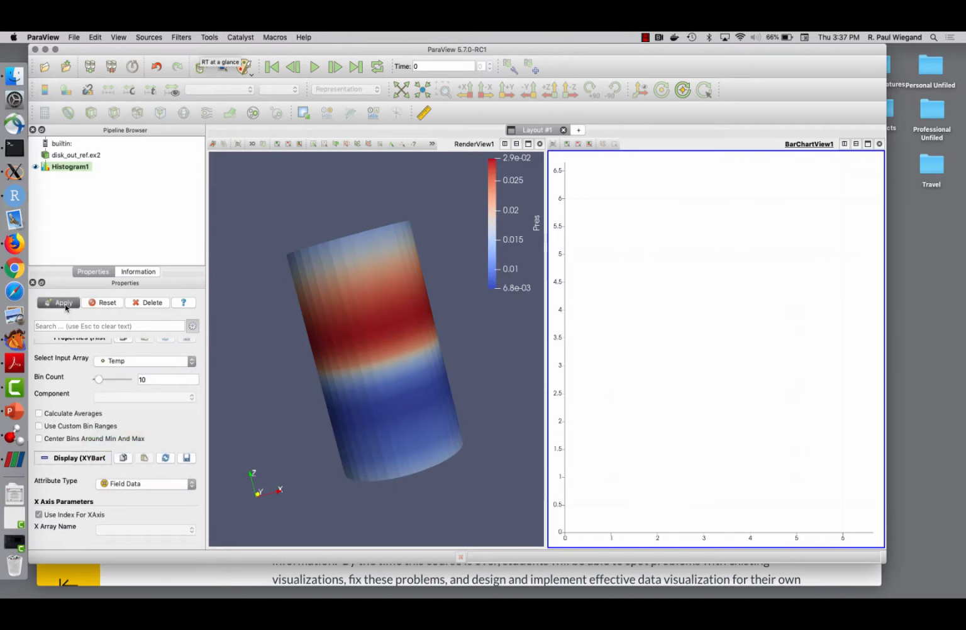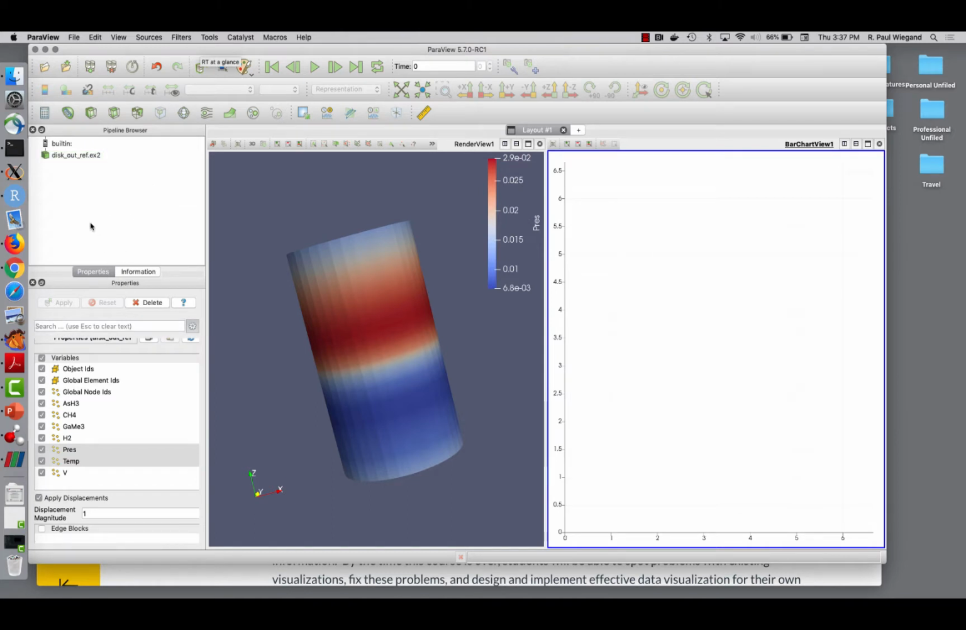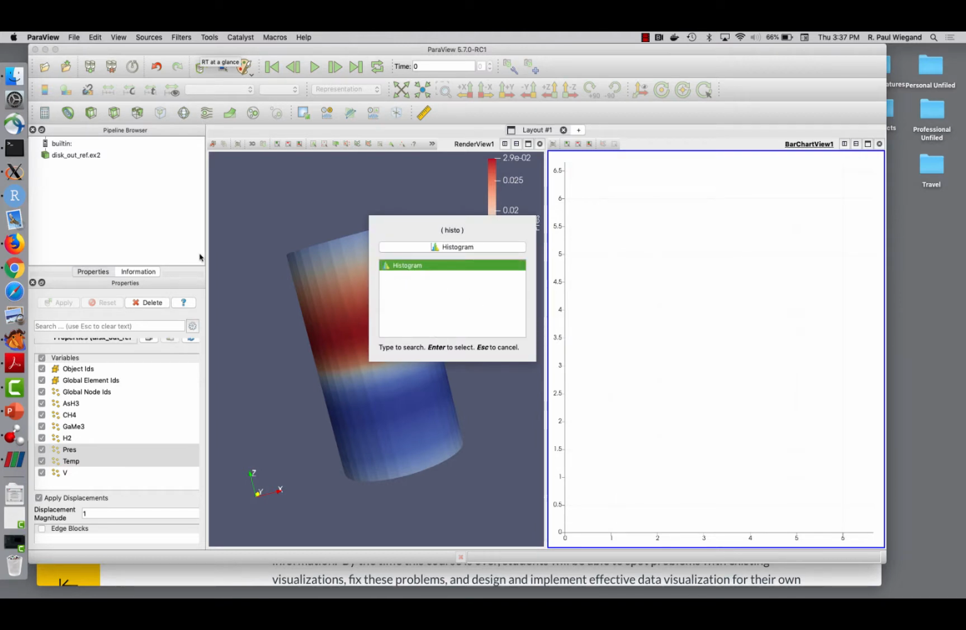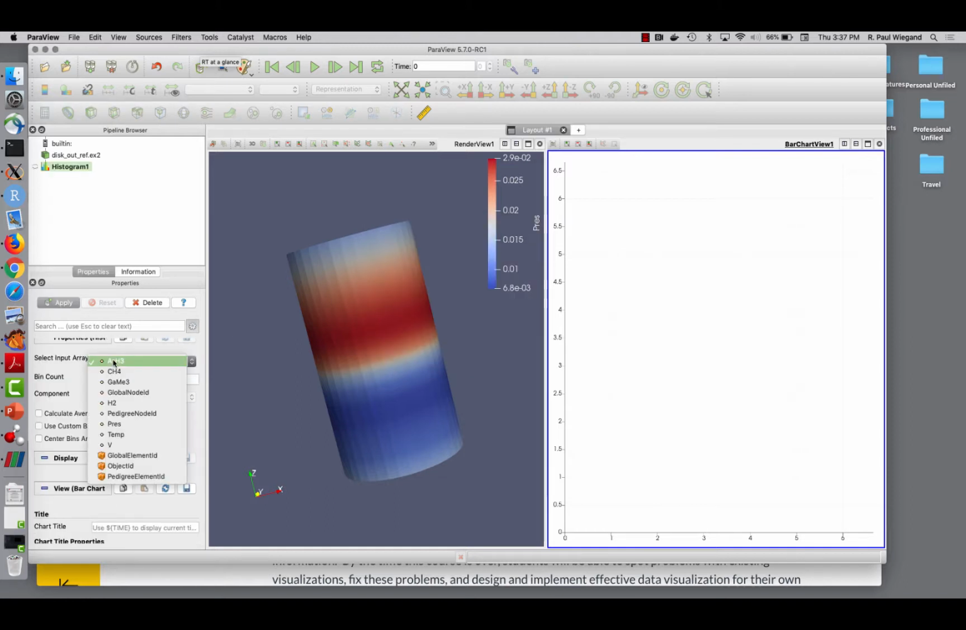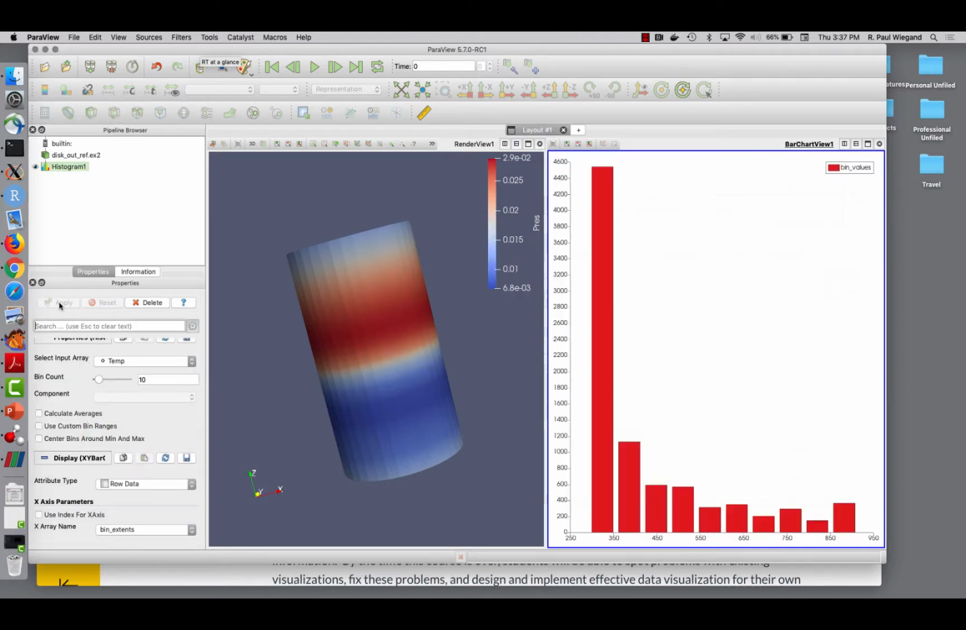Let's do temperature. Or not. Tell you what, why don't we start over? There we go. So I can get a histogram of the pressure values in the system if I want, or whatever. And I can get lots of these panels. I can save out the files if I want. I can save out a given pipeline, so I can just load it back in if I want. There's all sorts of different ways of